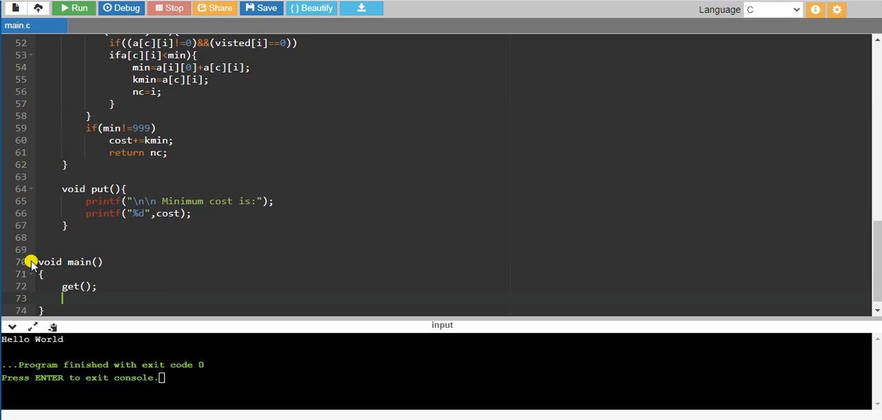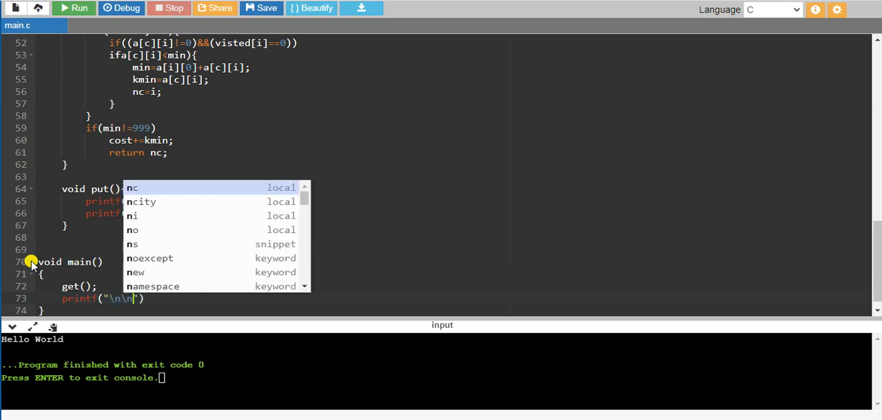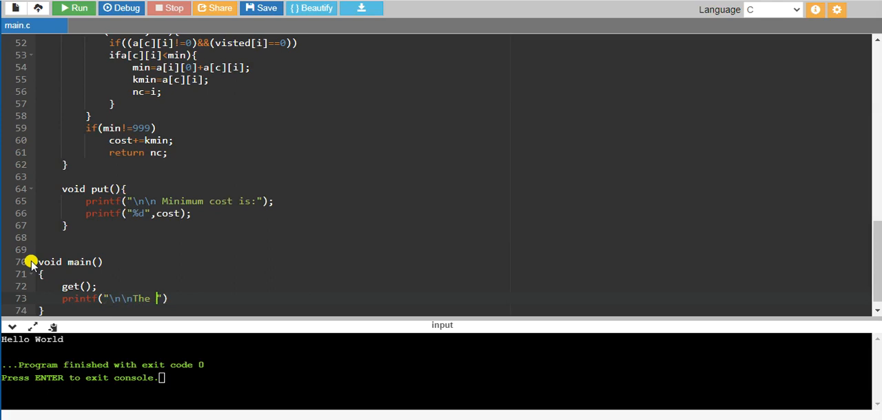After that, we are going to print the path with the help of the printf statement. Once we enter the number of vertices and the cost matrix, we have to find the minimum cost. So for that, we are going to print this line, the path is